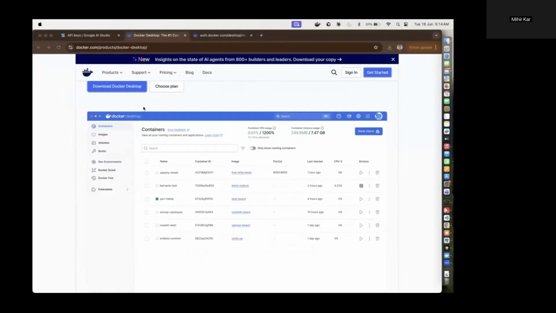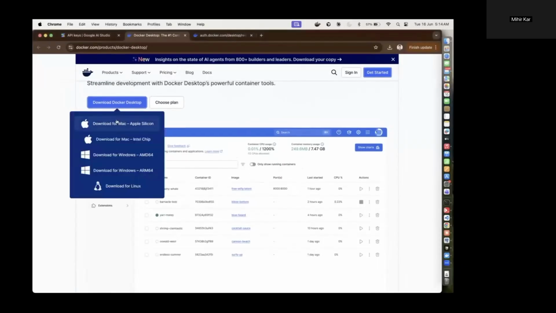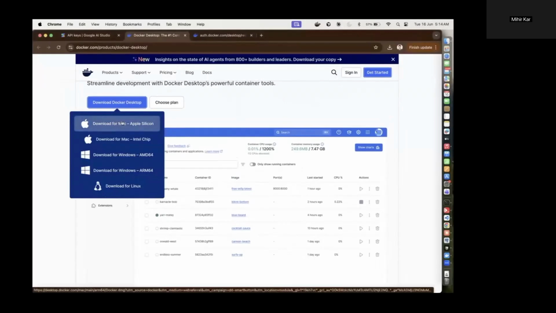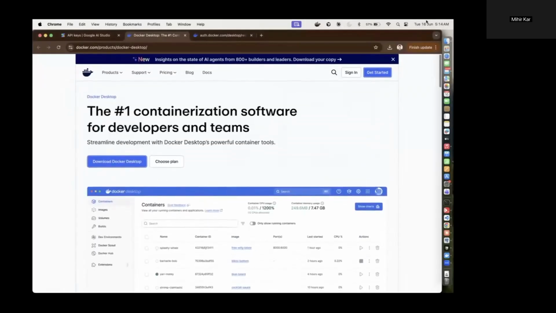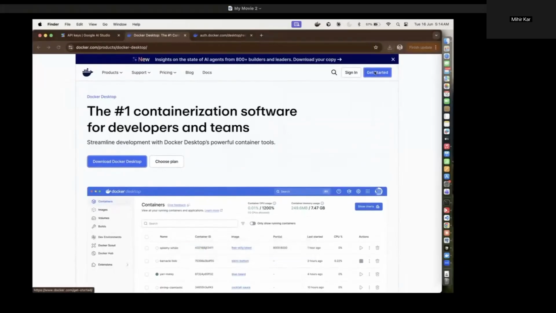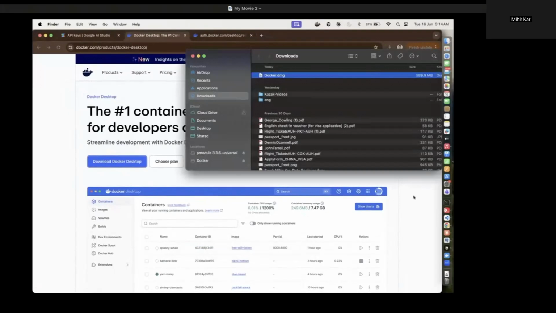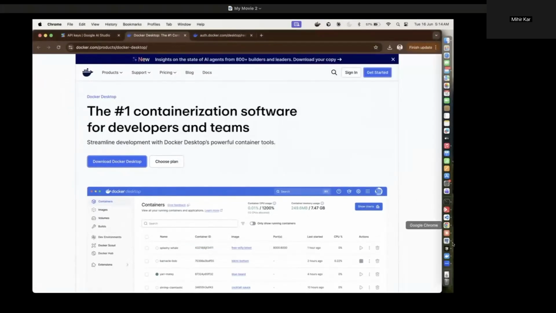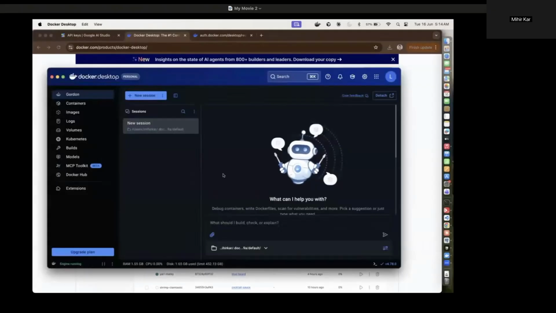First, you need to go to the Docker website, then download your version for Mac or Windows. I have already downloaded it, I just want to install it and show you. Once you install Docker, you need to run the command on your terminal